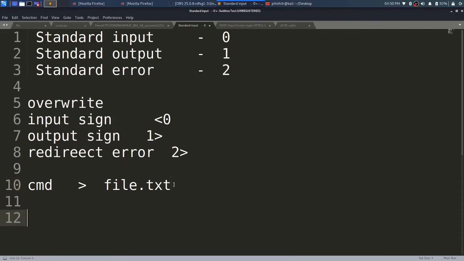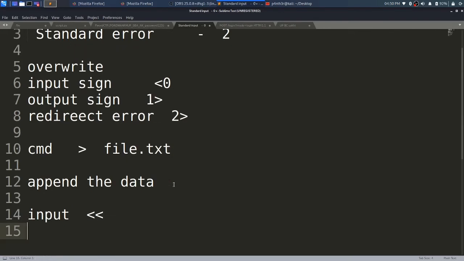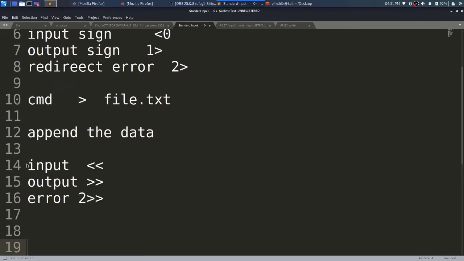If you want to append the data into the file, then for input we use double less than, for output we use double greater than sign, and for error we use double greater than sign with 2 greater than sign. So this method is used to append the data into that particular file.